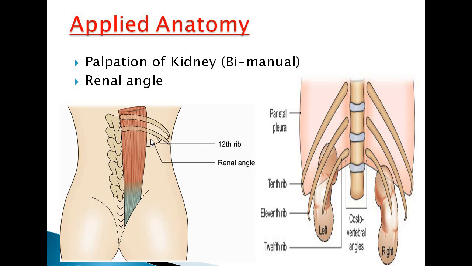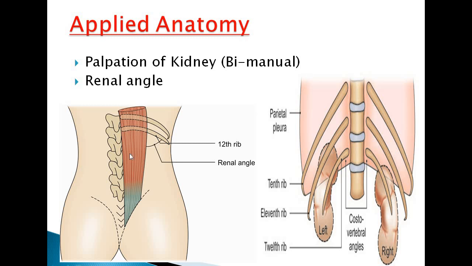If you want to expose the kidney retroperitoneally, an oblique incision is made from the renal angle to the lower side. The thing to be taken into consideration is that sometimes the 12th rib may be absent and the 11th rib may be mistaken for the 12th rib. The pleural extension, you can see in this diagram, is horizontal at the level of the 12th rib. So in taking the incision, there are chances of opening the pleural cavity, so a measure has to be taken not to damage this pleural sac during the incision. So this is the renal angle.